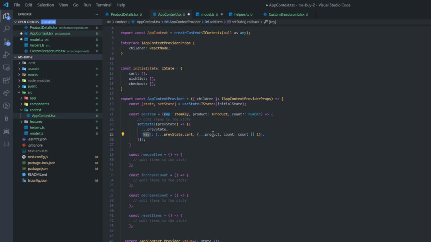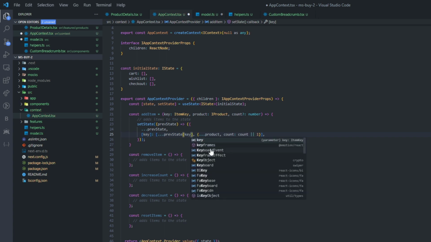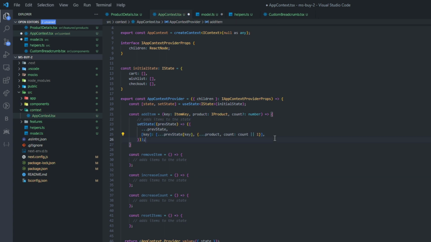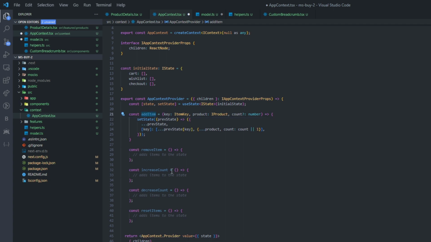And we will do the same thing for here as well. So instead of doing this, we would replace that with key. And now this can add item based on the key we pass here. This can add item to any of these. And that is the approach we are going to use for all the others. If we want to remove an item, or if we want to increase the count or decrease the count of any of our cart, wish list, or checkout items, we have add item. We would implement remove item,